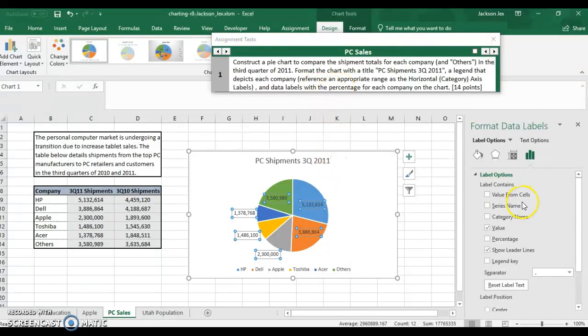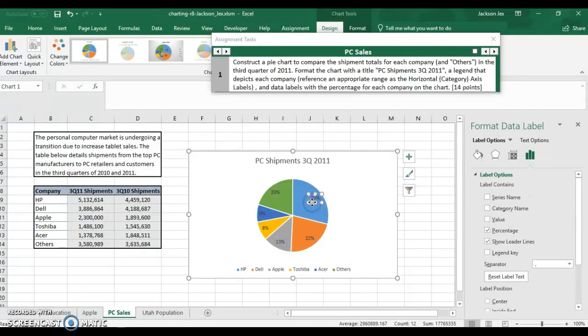Okay, so we have a legend that depicts each company, and then we want this to be a percentage. That's right. Okay, so right here we have value, and we want to click on percentage, and we want to get rid of value. Okay, and that's going to show you the percentage, and then you can